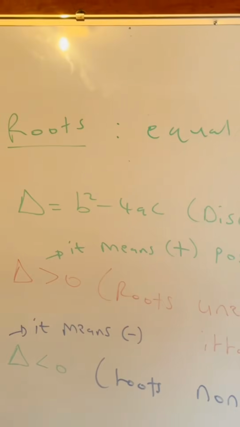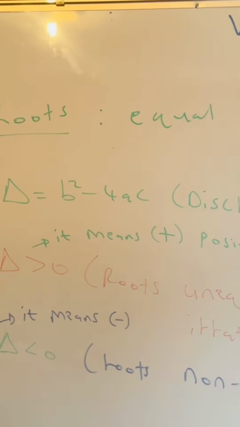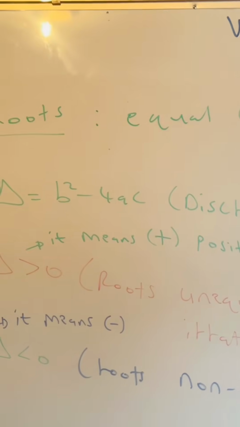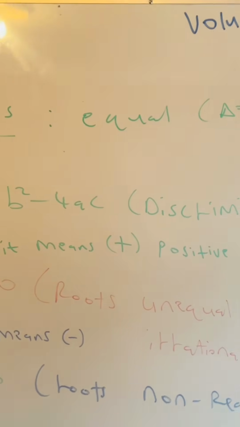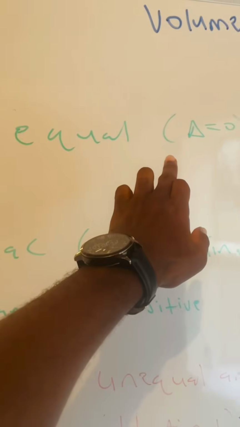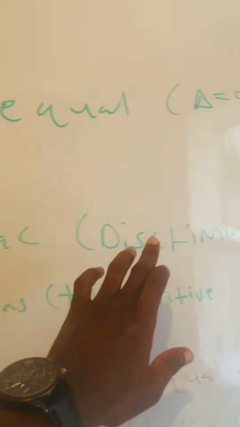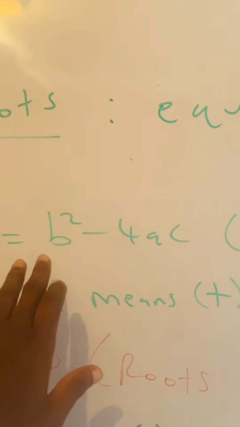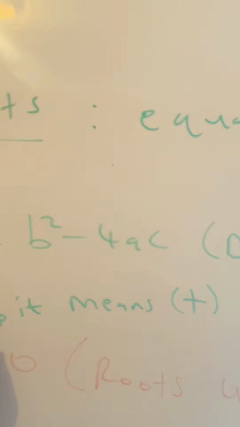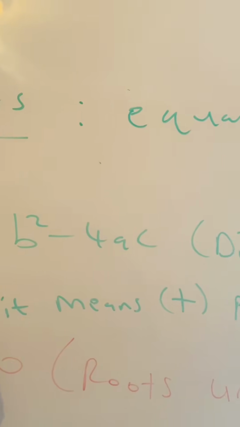Right, we're dealing with the nature of roots, guys. The nature of roots. When they say the nature of roots, we use a small triangle, a measure called the discriminant, as you can see. We measure the discriminant, which is that triangle, the delta, b squared